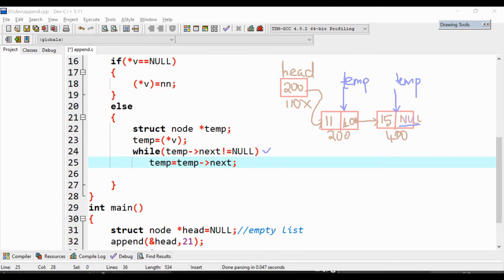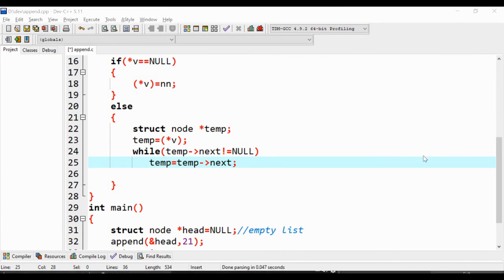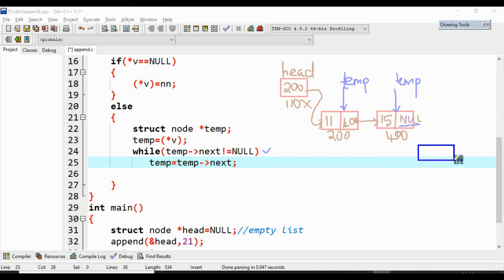So here we are supposed to insert a node: allocate memory for a node, fill in the data part. Next part, just because it is the last node that is to be inserted, the next part will always be null.